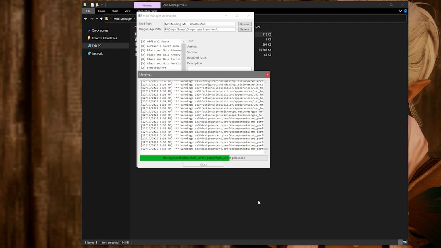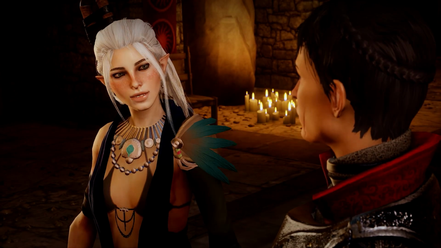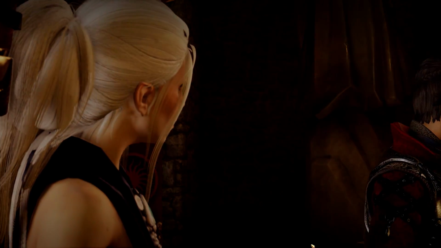It's worth noting that you might see some warnings or errors pop up in the window itself as it's merging. But as long as it says the merge finished, you should be good and don't need to worry. You can now close out of both the merge window and the Mod Manager. Now it's time to open up your game to see if your mod worked. You can launch your game as you normally would and don't need to touch the Mod Manager again unless installing